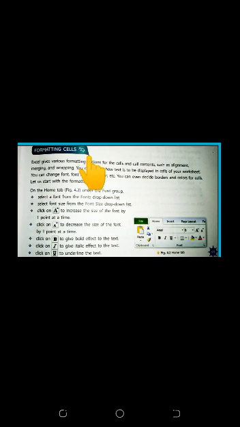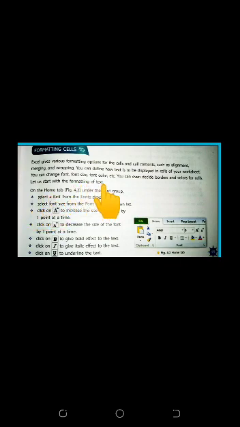If you want to change the appearance of cells, Excel gives various formatting options for the cells and cell contents, such as alignments, merging, and wrapping. You can define how text is to be displayed in cells of your worksheet. You can change font, font size, font color, etc. Same way like you change the appearance of text in Word, you can change the bold, italic, underline, font color, font size. Same way you can also change the Excel worksheet. You can even decide border and color of the cells. Let us start with the formatting of text.